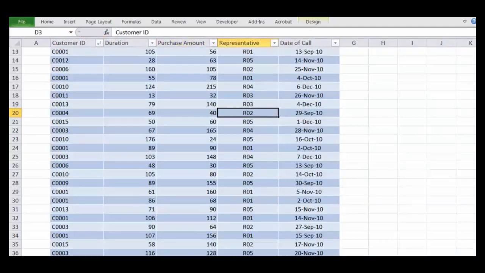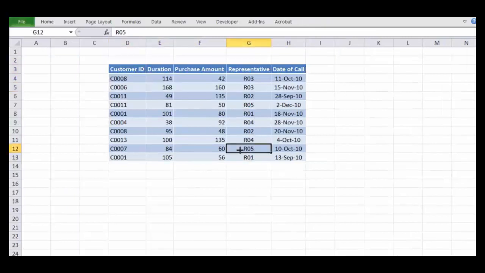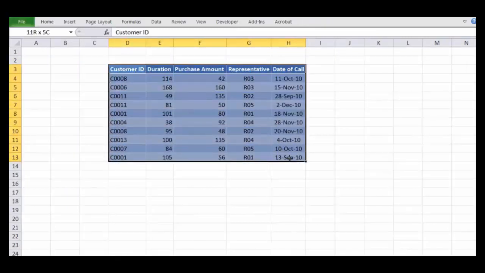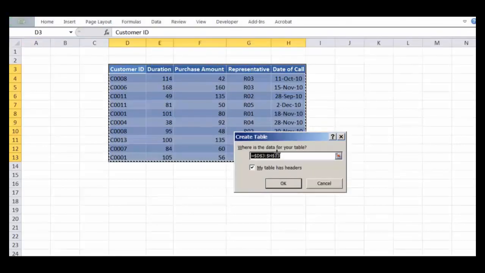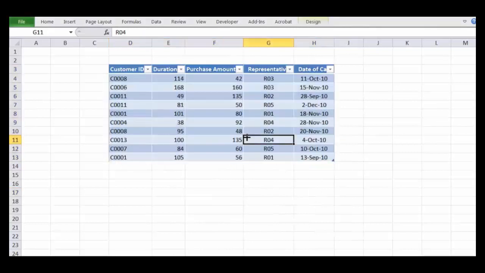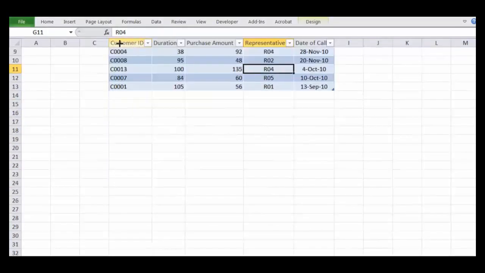So first, you can convert any table to a data table. It's very simple. You select the table, go to insert and press table, and here you have to say where the data of your table is. If your table has headers, you check this box and press OK. Now if I'm scrolling, you will find that the columns have changed and become the table header.